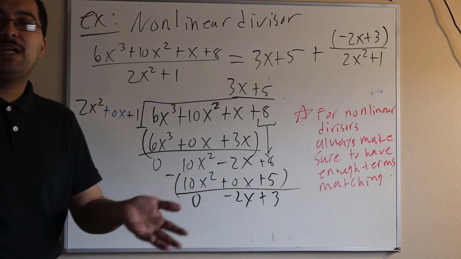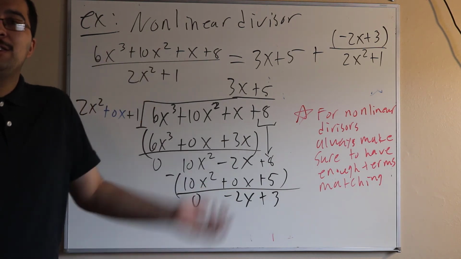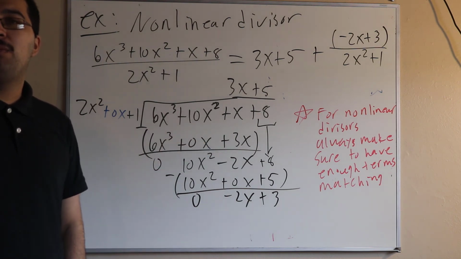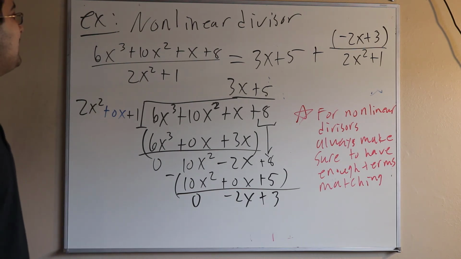Again, not that big of a deal to have a variable in our remainder. We are dividing polynomials. These polynomials do have variables, so we shouldn't be too freaked out that a variable showed up in our remainder. And there you go. There's a quick example of a